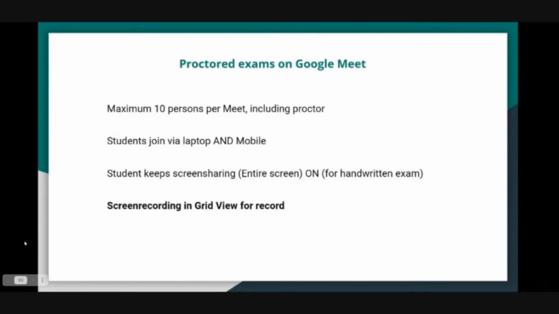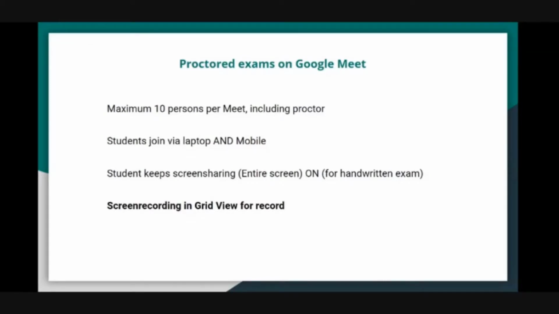One more thing we can keep in mind here is when we are recording an exam. Normally, if we start recording on Google Meet, the layout in the recording by default will be active speaker, meaning a speaker, and if there is any screen being shared, that is how it will record. It will record a meeting in speaker view. Google Meet will not record a meeting in grid view.